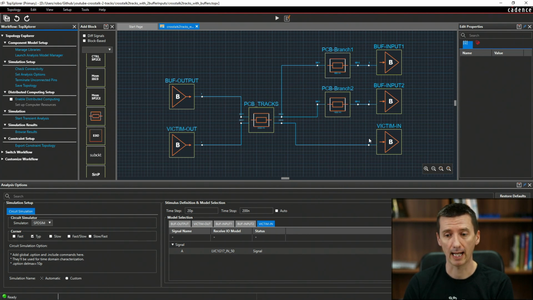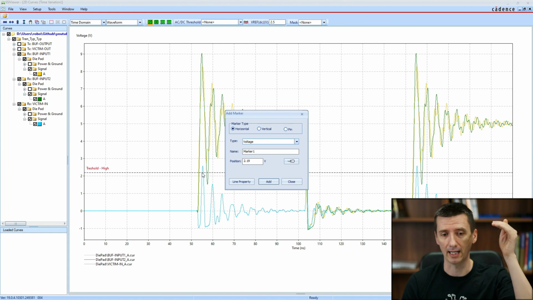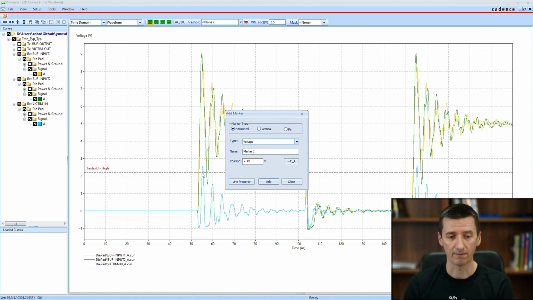That should not be high because we are not sending high from this victim out. We are only sending 0 level, so here should always be 0. But because the noise is so high here, sometimes the buffer may register that there is actually high on the input.